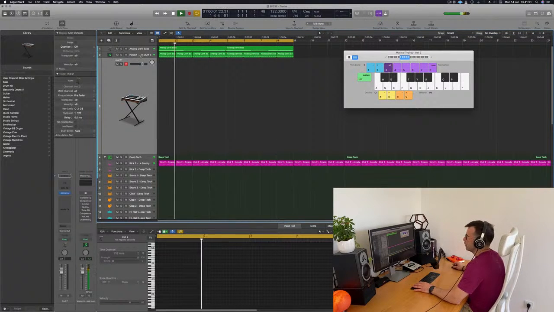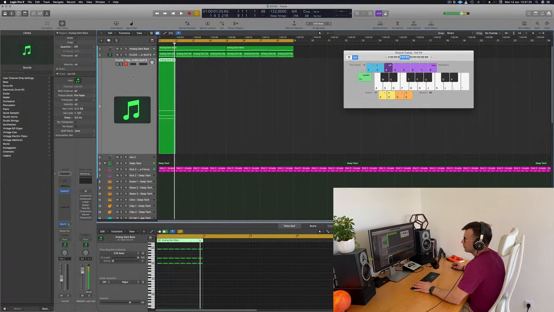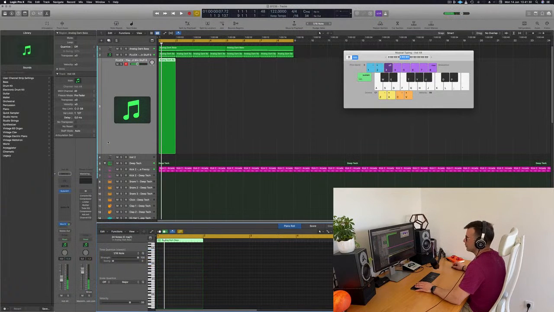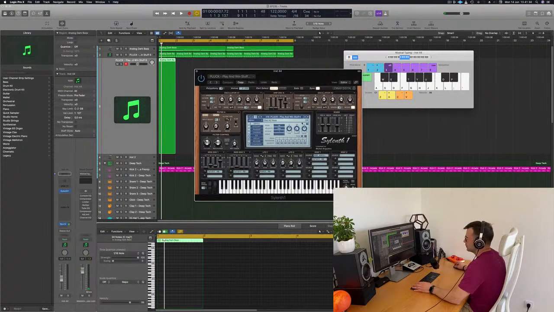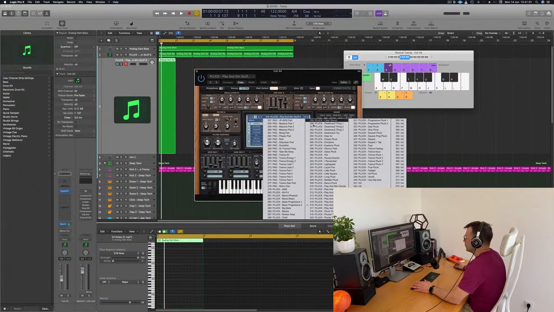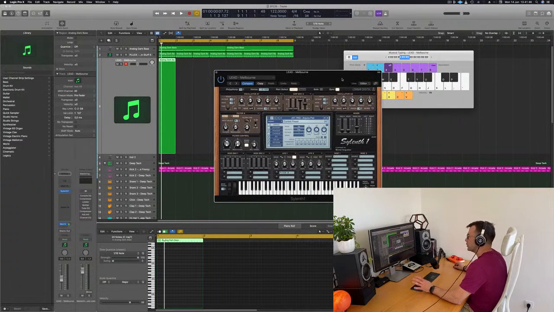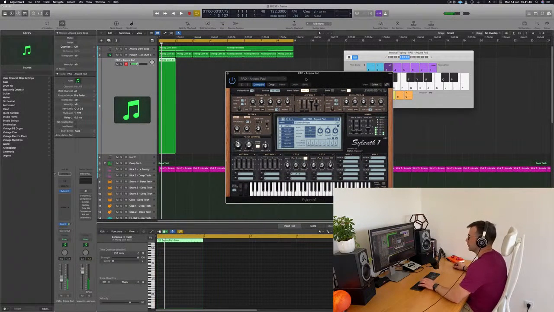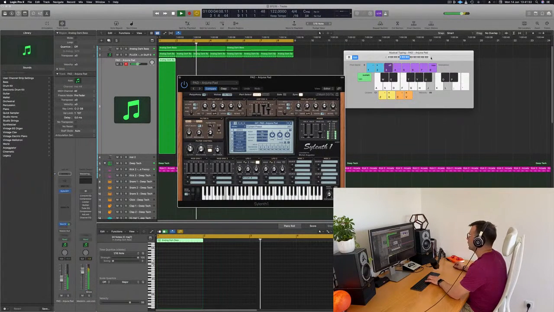Then I would go into a pad, and since we're using Sylenth1, guys, I mean, why not use Sylenth1? I used only Sylenth1 for so many years, really, until I just got into Logic and they dropped Alchemy. Then I was like, oh, Alchemy is actually better. I mean, Sylenth1 is still such a classic that you cannot really do without it. And mostly this legendary pad, for me at least, is the Anjuna pad. I don't know if it's Anjunadeep or Anjuna, but it sounds like this. I'm gonna go a bit higher.